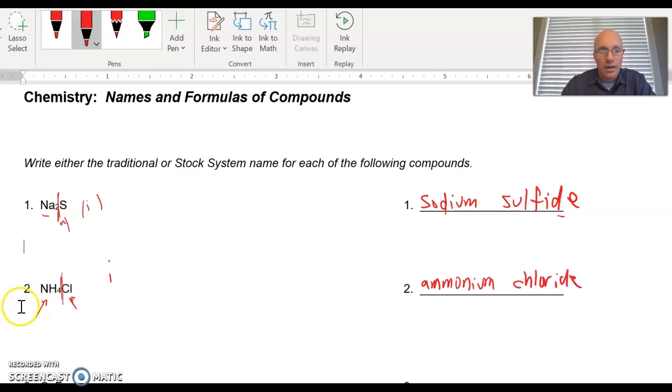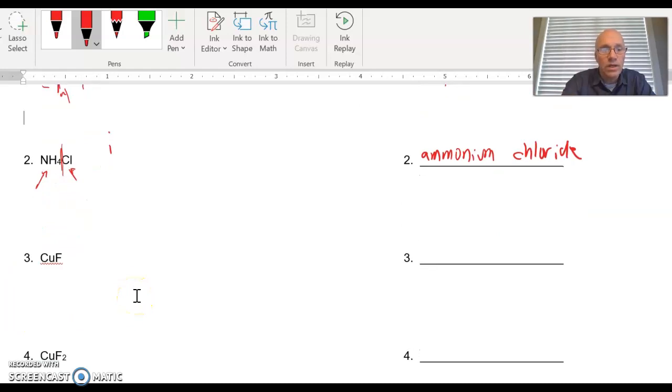All right, this next one is, again, ionic because there's a metal. I can separate. It's pretty easy if it's ionic and there's only two elements. So there's only one place for the line. And this is one thing that we want to make note of, that is a transition metal. So that means we're going to need a Roman numeral. All right, so copper,